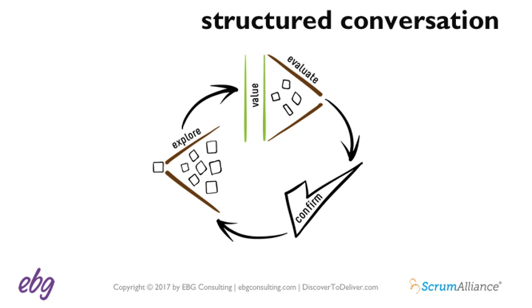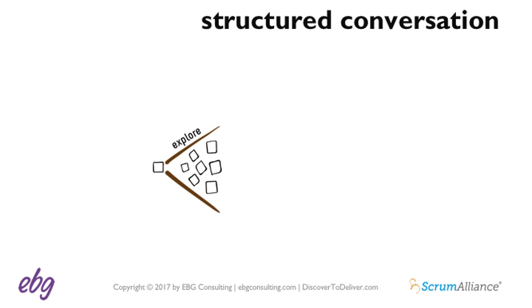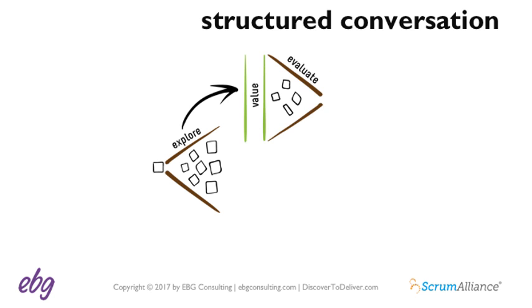And the conversation really has three parts. We start with a product chunk, such as a story, and we explore options across and within those 7 dimensions: user, action, data, etc. Now, we can't deliver all those options, so we use value to evaluate and arrive at a subset of the highest value ones for that next delivery cycle, for that next sprint. So value is our slicing mechanism. It's a filter that we use to arrive at a subset of options.